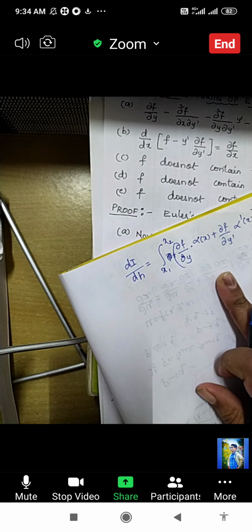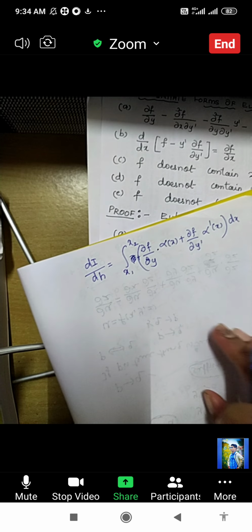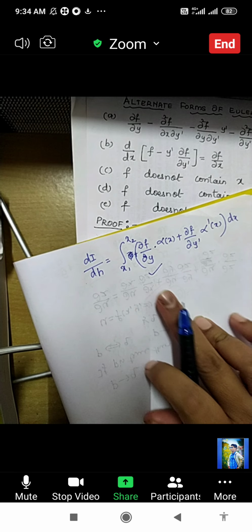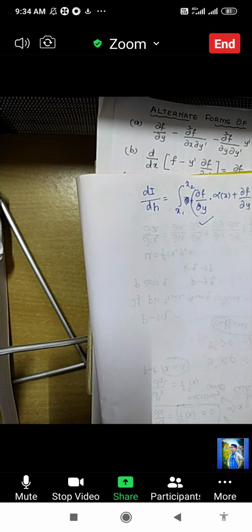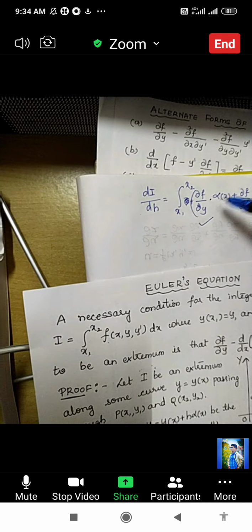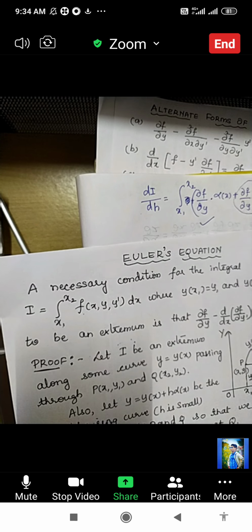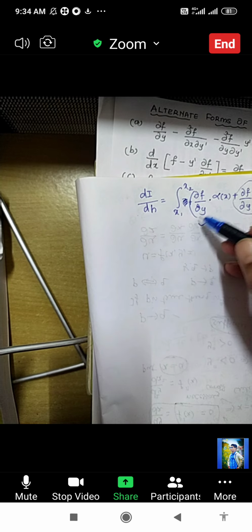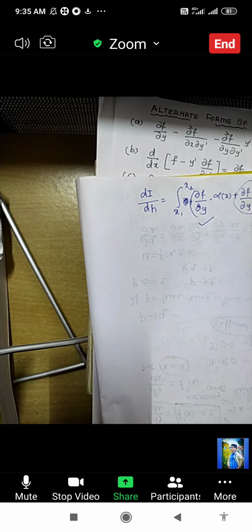Okay. Now we have to get Euler's equation. For that we'll do some simplification. That is, we'll keep this term as it is. We'll not disturb it. Why? Because if you see your Euler's equation, actually your Euler's equation is nothing but this part, dou f by dou y. We are getting that dou f by dou y. But the second part, if you see, is a little complicated. So that we have to get from the second term. Okay. So keep in mind, this first term we will not disturb. We'll keep it as it is.